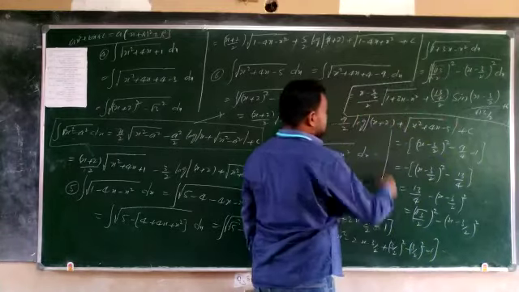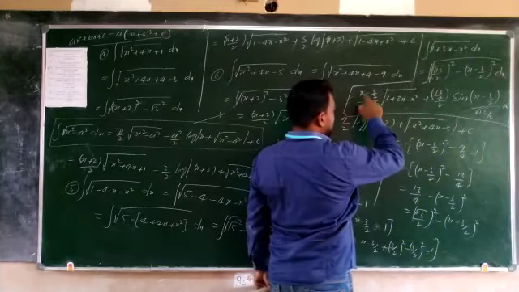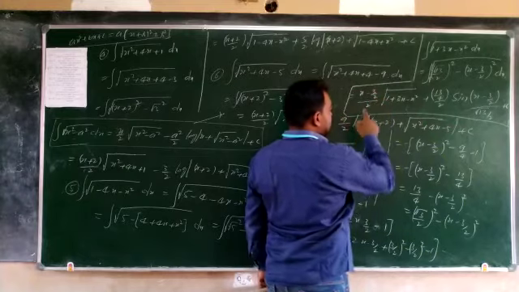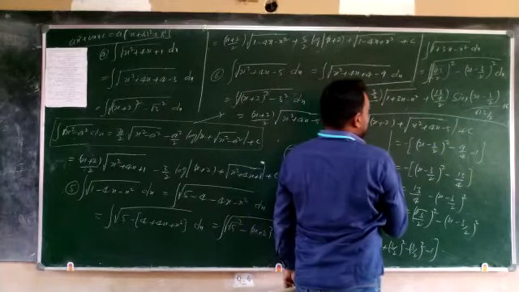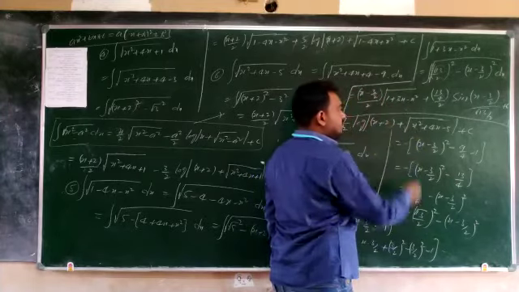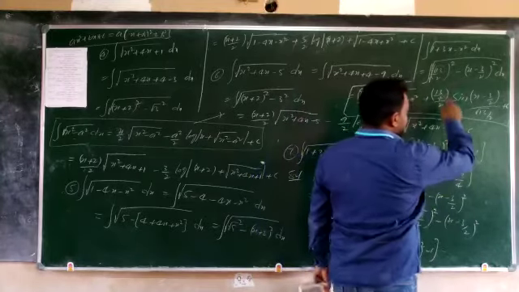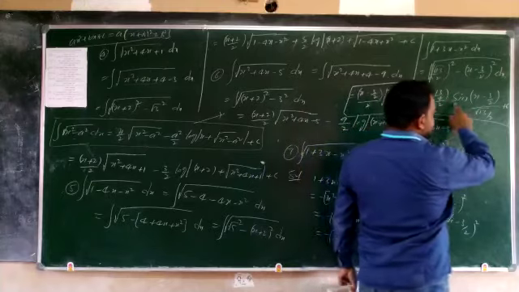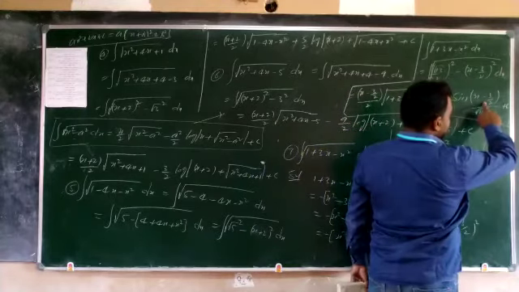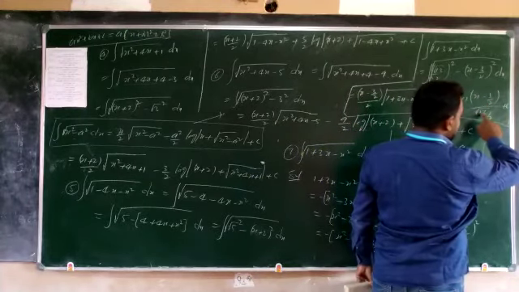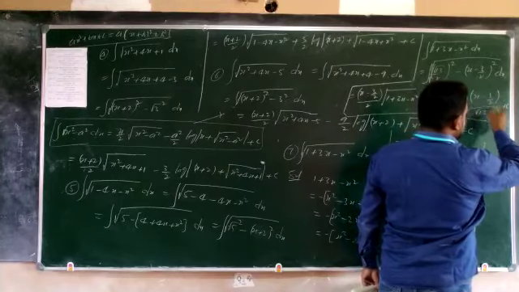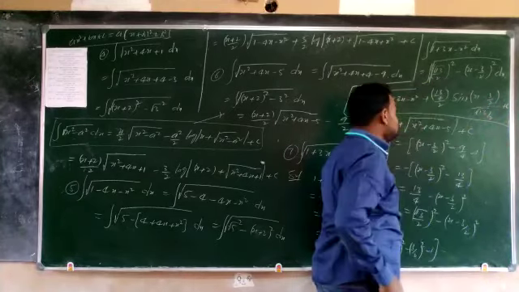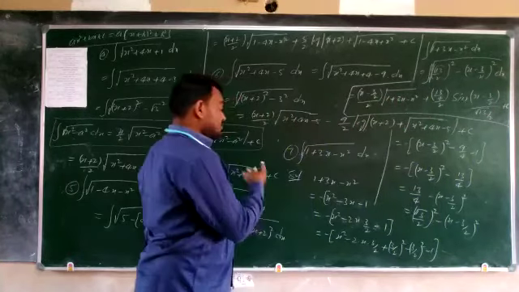Next you take 2 LCM. 2x minus 3, 2 into 2, 4. What you are getting now? 2x minus 3 by 4 into square root of 1 plus 3x minus x square. Next to 13 by 8, sine inverse of, in numerator LCM 2, 2x minus 3 by root 13 by 2, 2 to get cancelled. So sine inverse of 2x minus 3 by root 13 you are getting. This is the solution of 7.